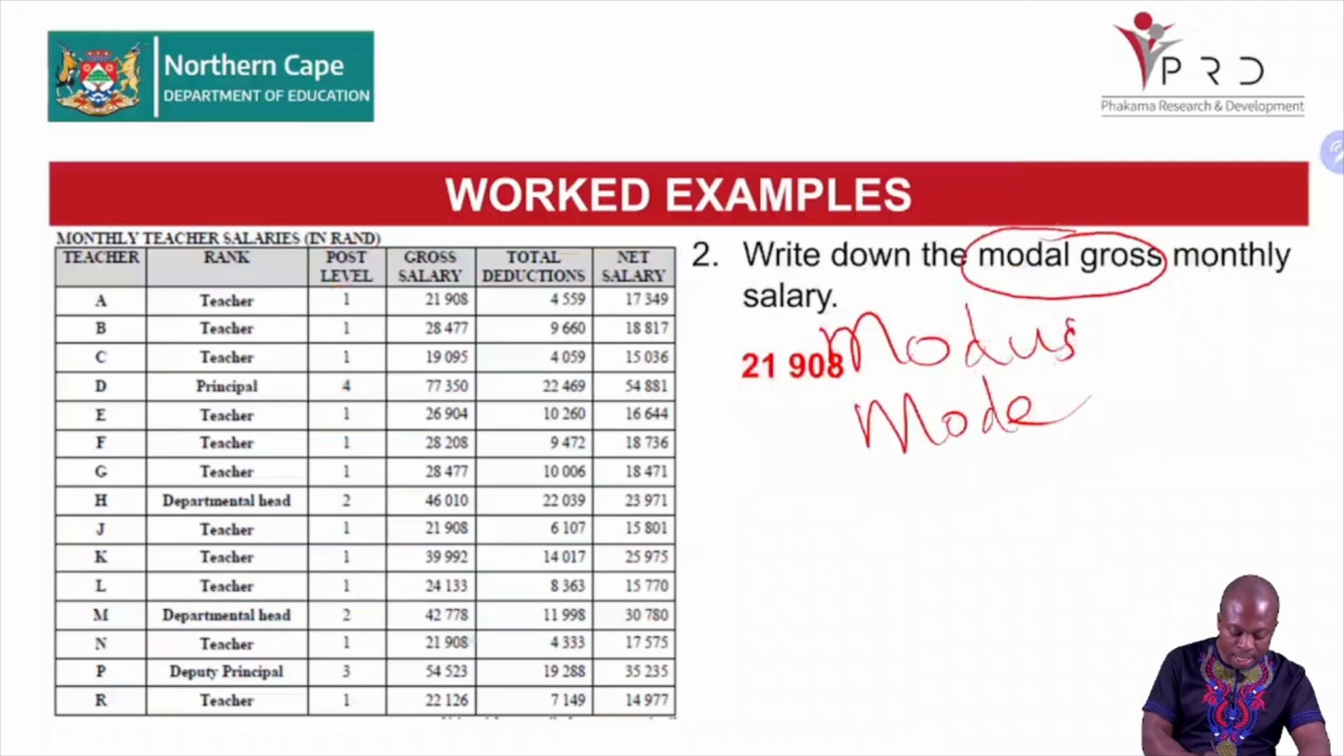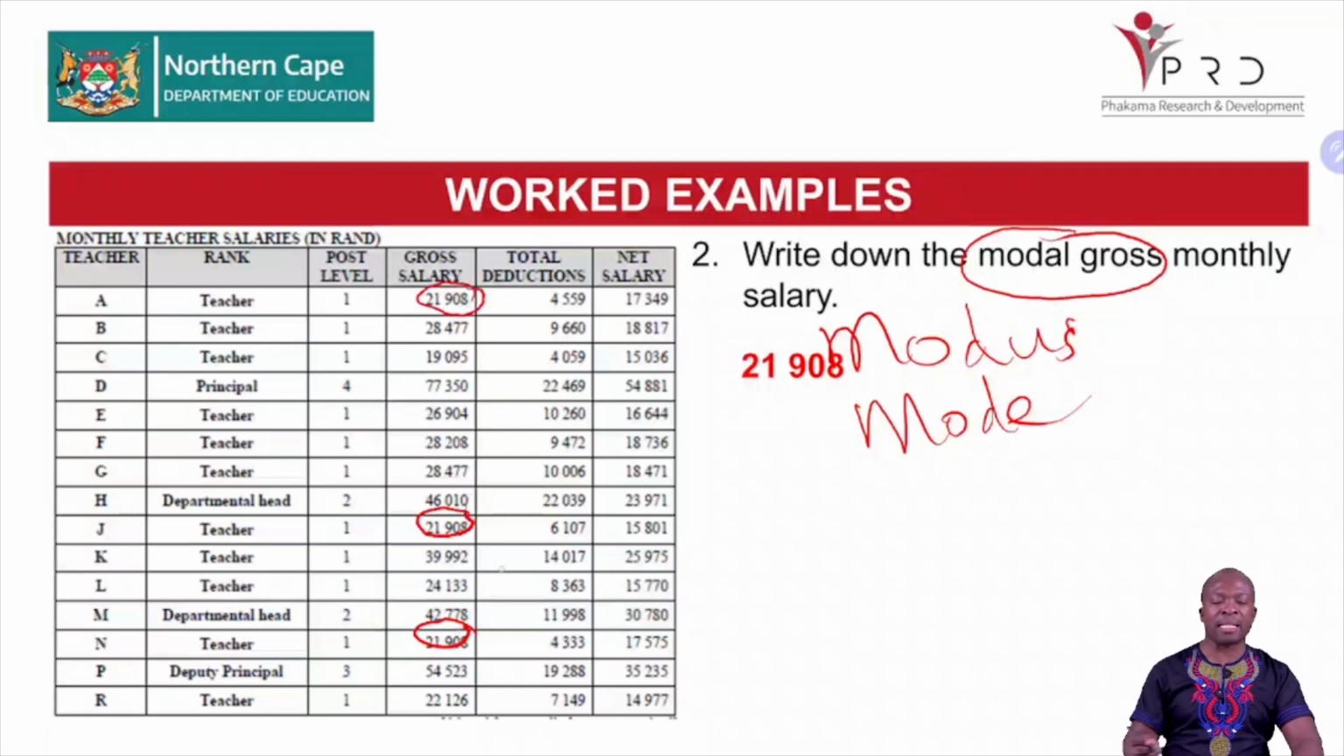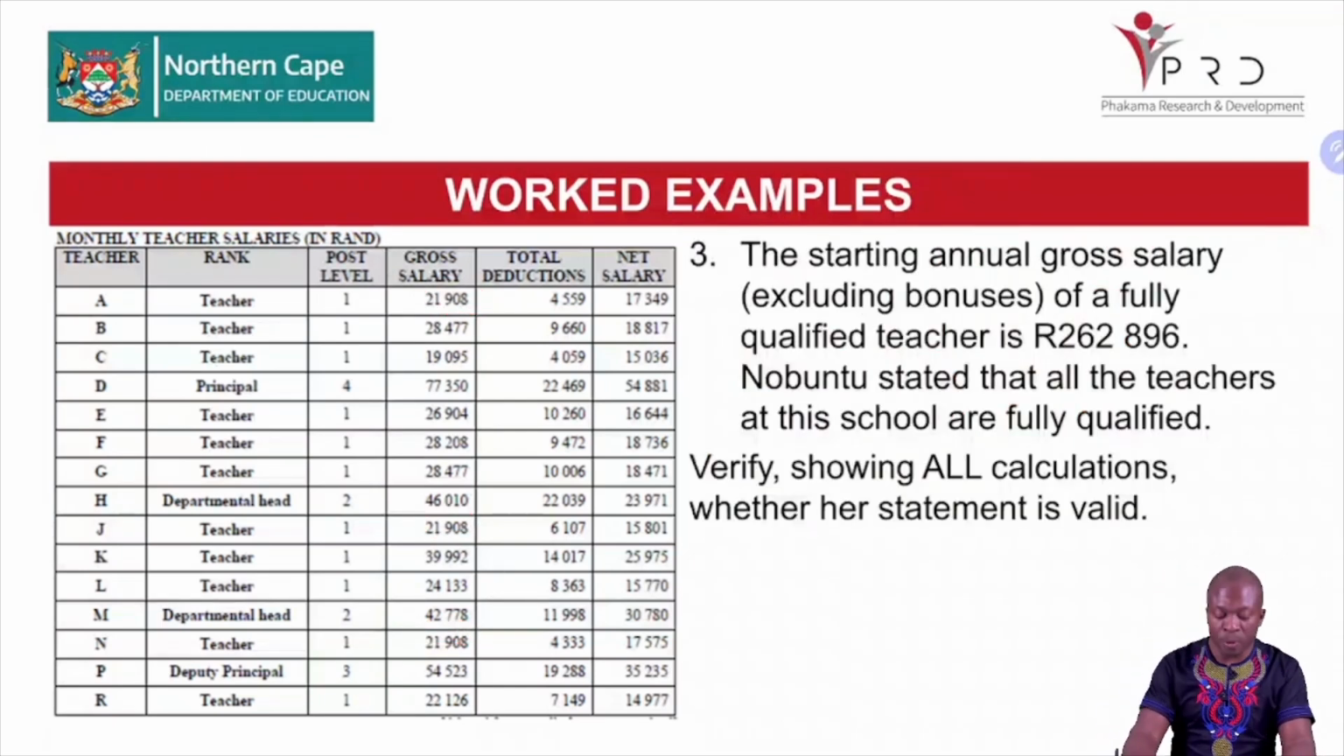21,908. There is one of them. There's another one. There is another one. You see, it is that kind of salary which appears more than all the other salaries. That's why we call that the mode. The next question is, the starting annual gross salary, excluding bonuses, of a fully qualified teacher is